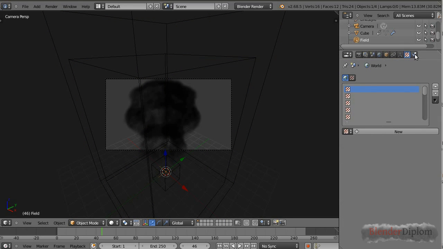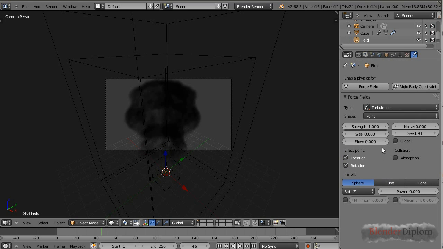A force field only has settings for physics, and here we can set the strength. 1 is usually too little for smoke simulations. I most often use 5. Let's keep the size for the moment. And then there's this other setting that's called flow. Flow will basically mean that the force field won't add forces to our simulation over time, but simply change the direction of the flow of our smoke,